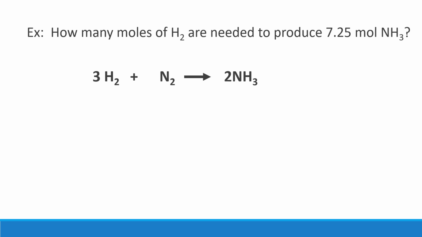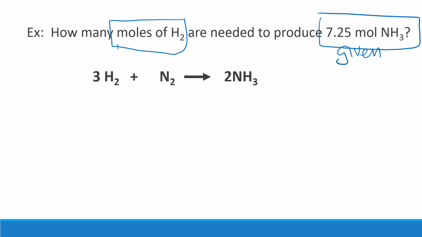So once we understand that little piece of information, we can build something called a mole ratio. And I have a problem here. It looks a lot like the mole problems that we had done in the past. We have something we can identify as a given, and then something we are asked to find, or wanted. But what's different here is we're talking about 2 different substances. So we're going to be building a conversion factor, but it's going to come from the information in this balanced equation. So just like whenever I solved a regular mole problem, I would always start by writing down my given,